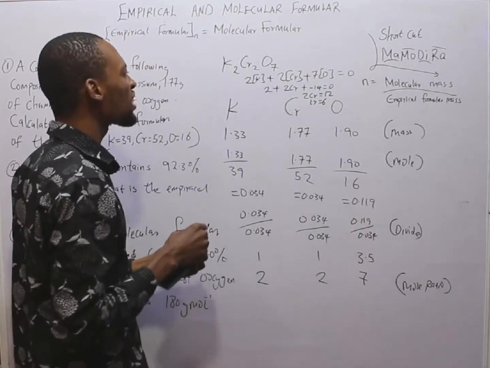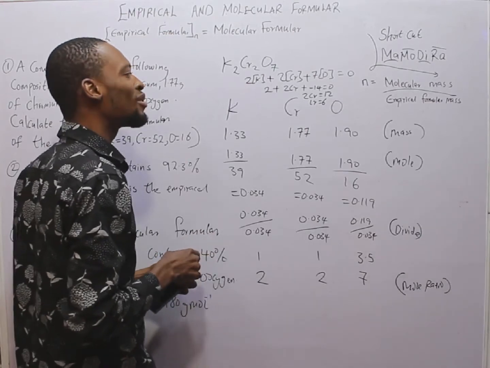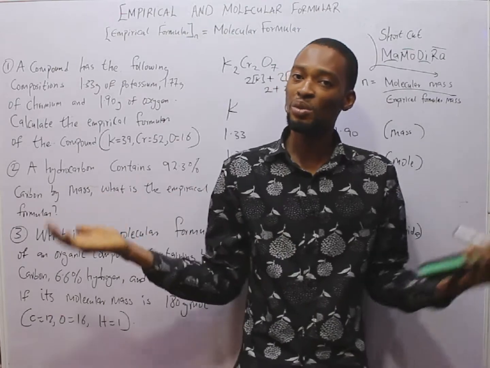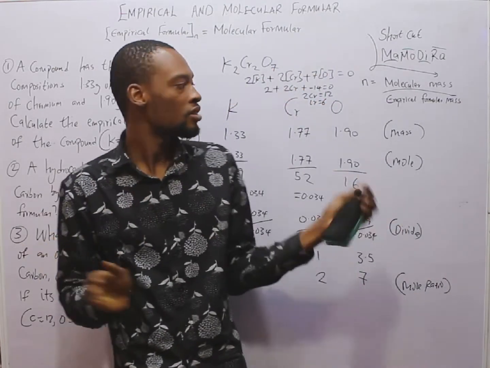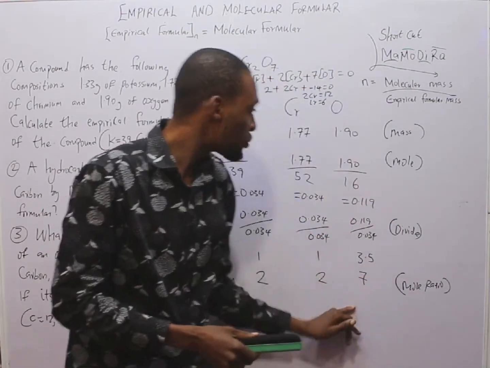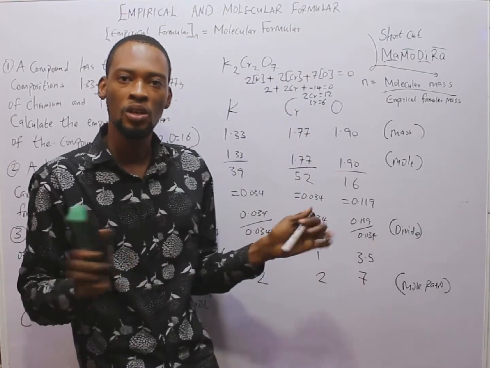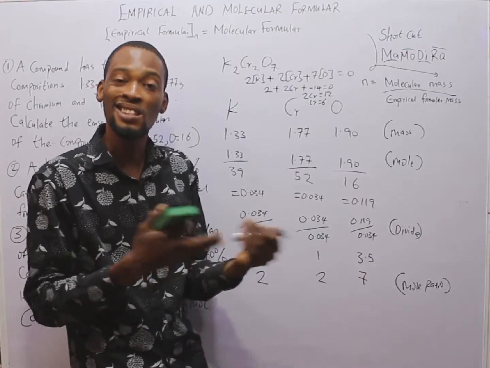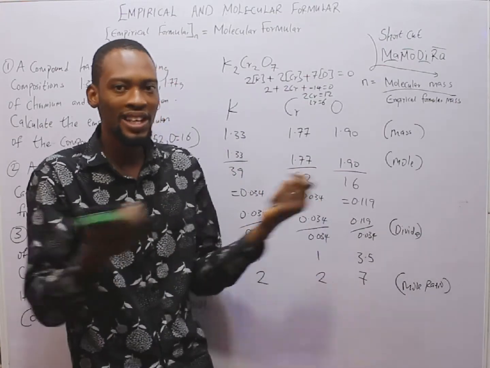This is potassium heptaoxodichromate(VI). That is the name of the compound. Nobody sent you that one. So I just did this. You saw that up to this point, you've gotten this formula, that is all. I'm just trying to tell you, in case you want to name this inorganic compound, that is the naming. It's not part of the solution.